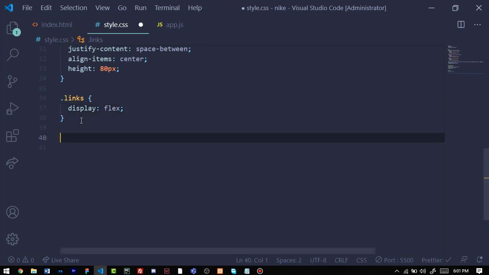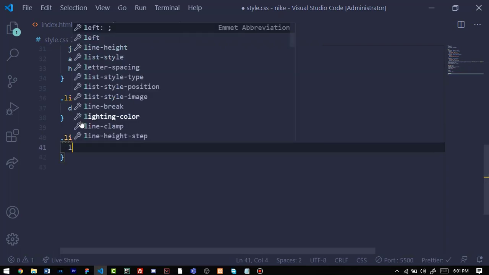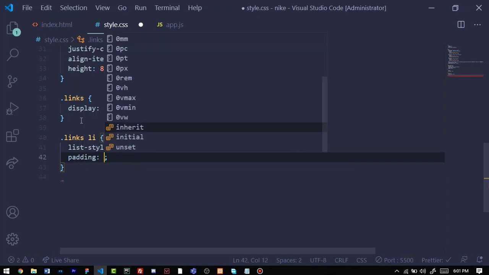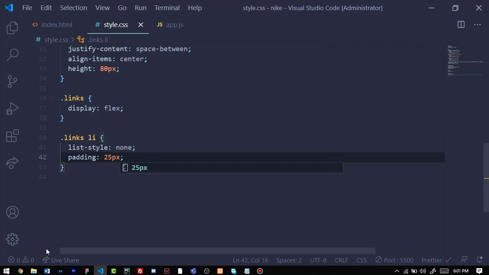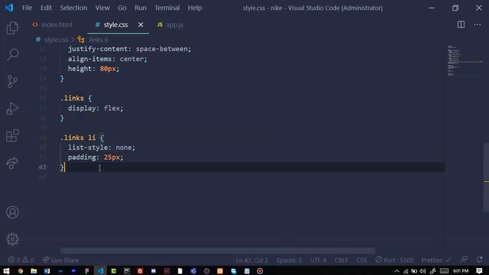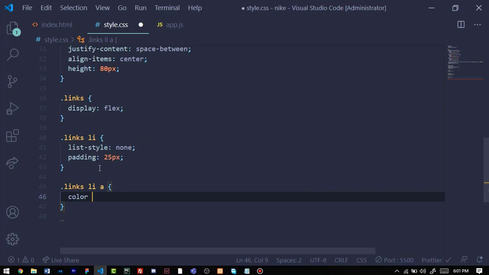We can go on and edit links align. So we can remove our bullet points by giving this a list style of none. And let's give this a padding of 25 pixels, so they have some space between them over here, just like that. And now we want to go to links align A, give this a color of white,